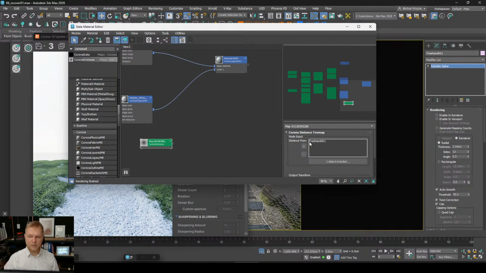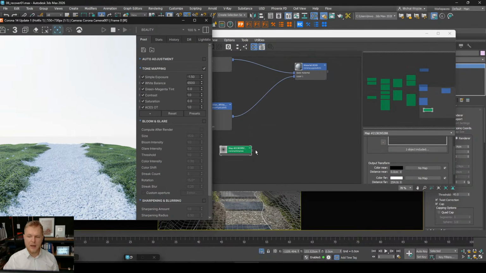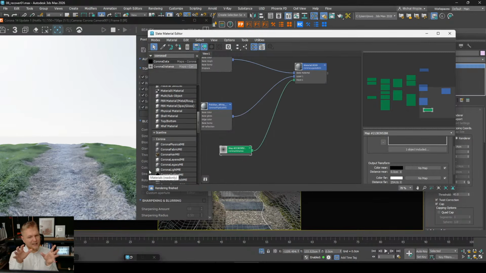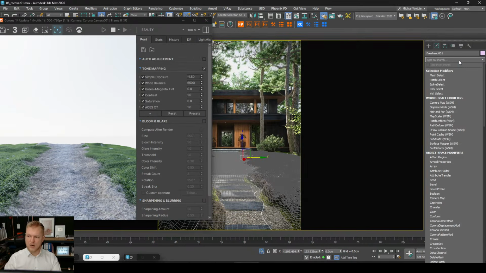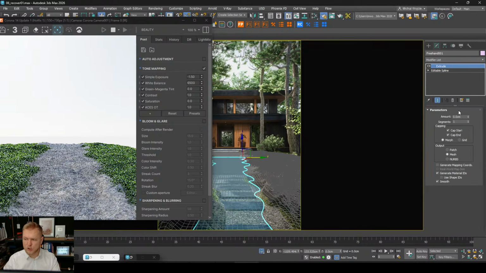Okay, so the problem is that we're essentially using the far near values just like we did the last time, but in this case those are from a non-existing mesh, so you can see that it kind of ghosts the two together. So in order to avoid this problem, I'm going to add another thing to it, extrusion,